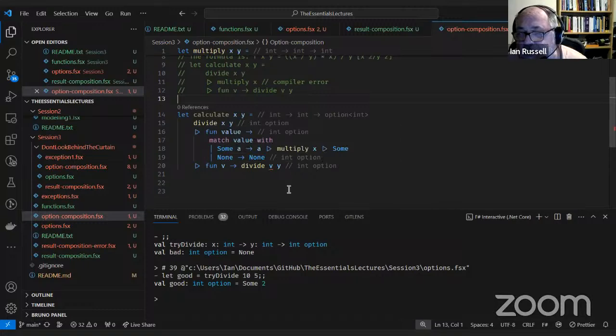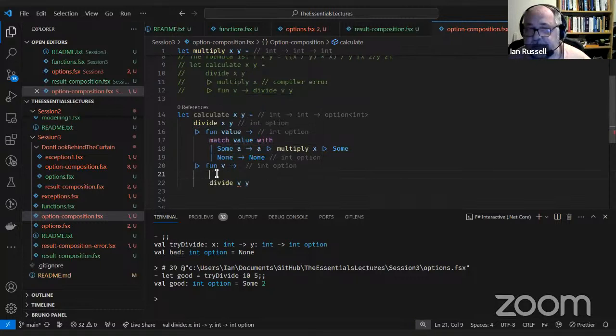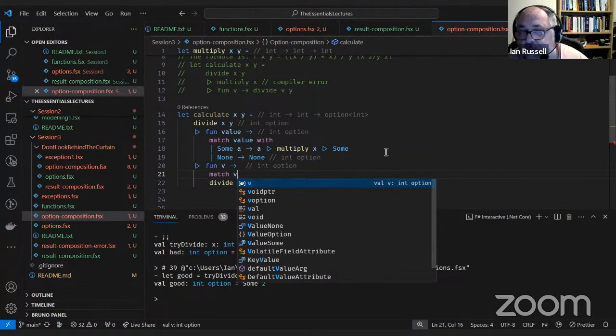And then I'll do the last one. So you'll notice there that we've got a partially applied multiply function there. So this will work exactly the same. So when we get onto the map and the bind, we'll find that we can actually use that rather than just the multiply. So match value again.